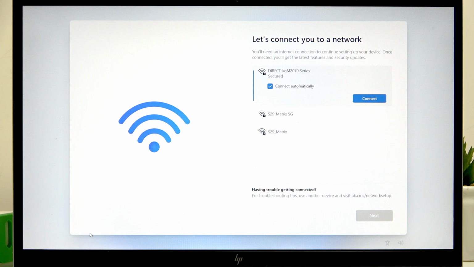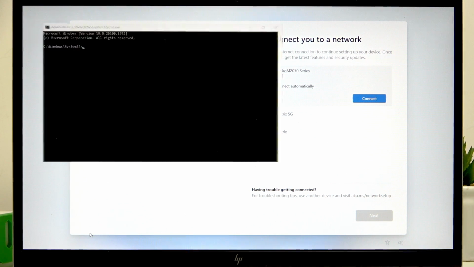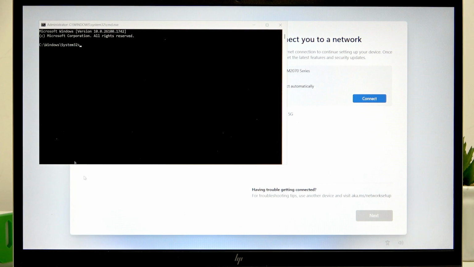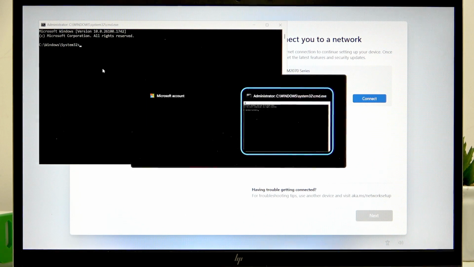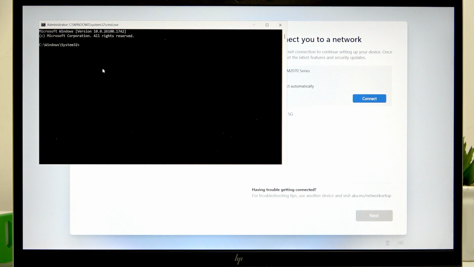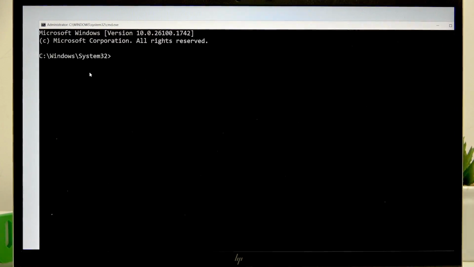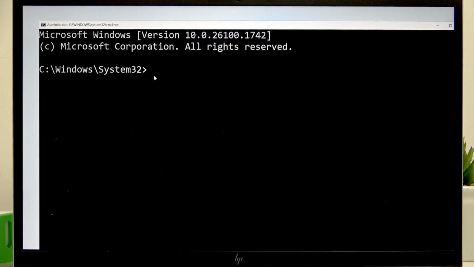And once you do that, use Shift plus F10, the two-key shortcut, to open the command prompt. And if you cannot write anything in it, then use another shortcut, Alt Tab, to switch to this command prompt, and inside the command prompt input